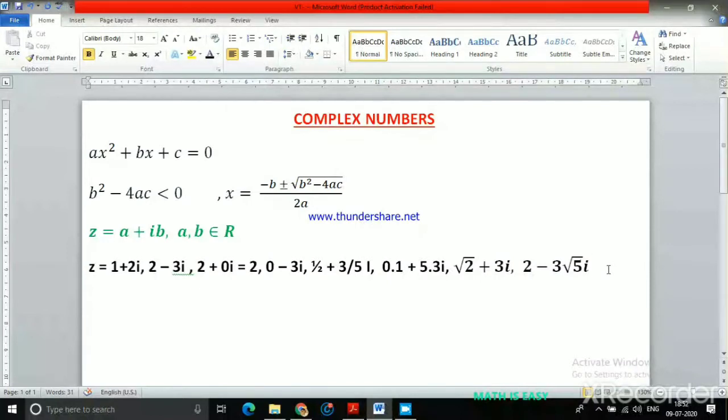So how many complex numbers do you have? Infinite, because the real number system itself is a subset of the complex number system, and the complex number system is bigger than the real number system. Okay, now for these numbers, if I want to represent them on the graph by taking the x-axis as